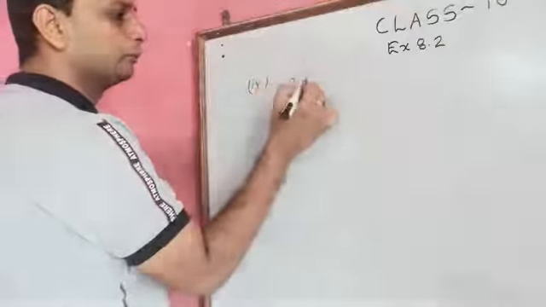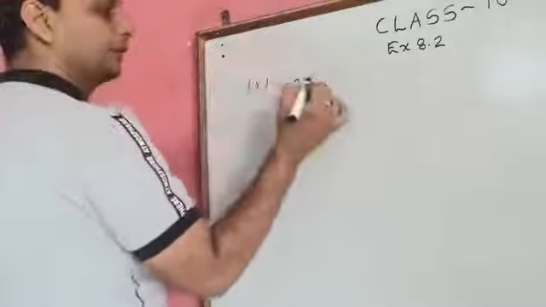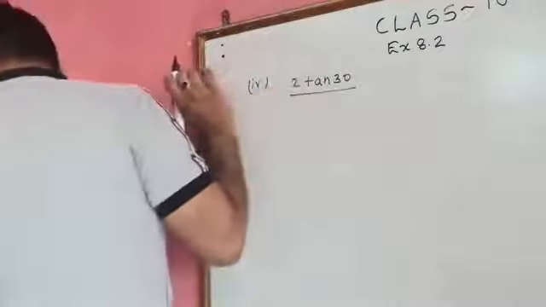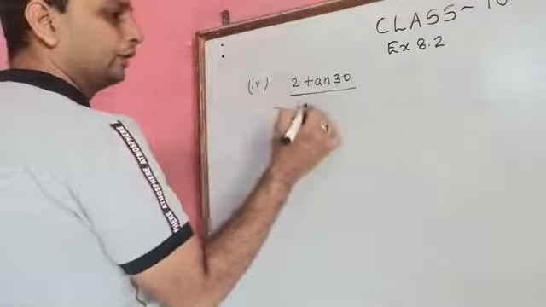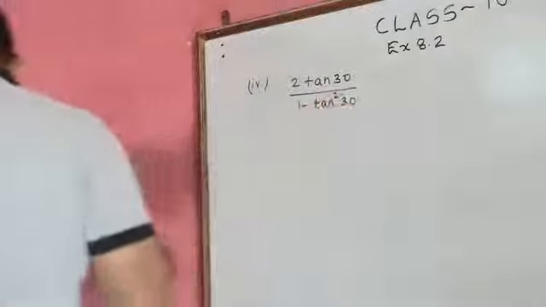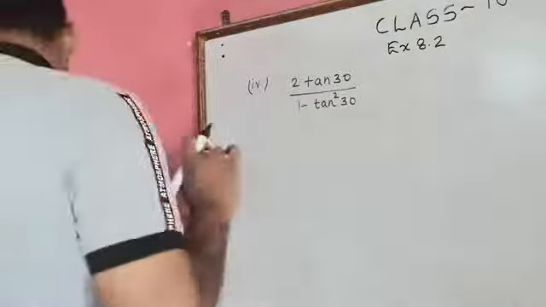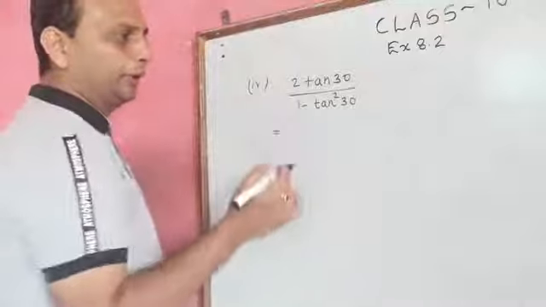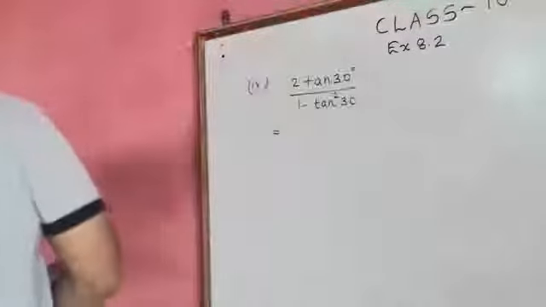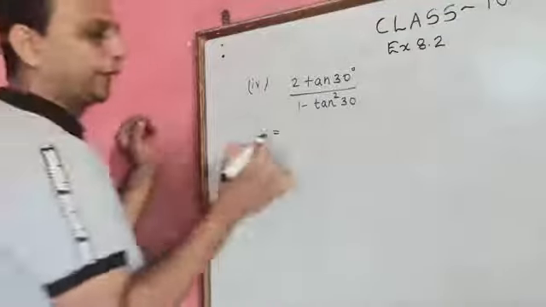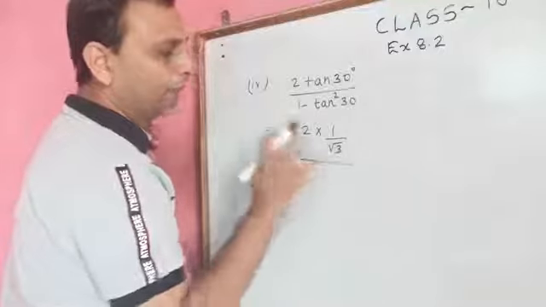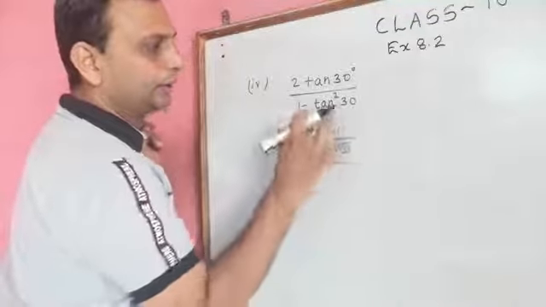2 tan 30 degree upon 1 minus tan square 30 degree. So we can put the value here: 2 tan 30 degree. Tan 30 degree is equal to 1 upon root 3. Now we have to apply this value: 2 times 1 upon root 3 upon 1 minus tan square 30 degree,